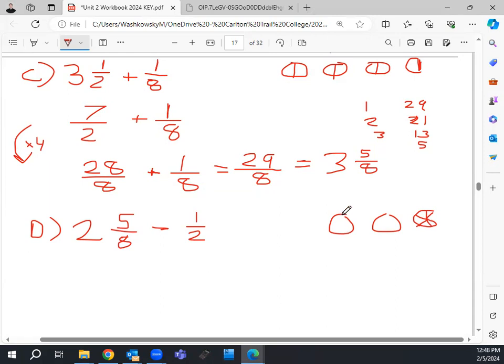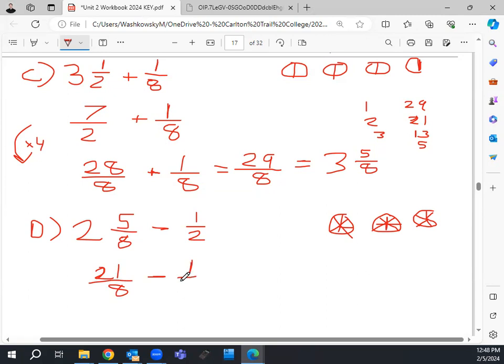Well, I'm just cutting these up into eighths, right? I was like going back to pizza. You can take the hard math and put it back to simple concepts. Fractions can always be turned back to pizza. So all of a sudden I now have 8, 16, 21. So the whole thing here is just 21 over 8